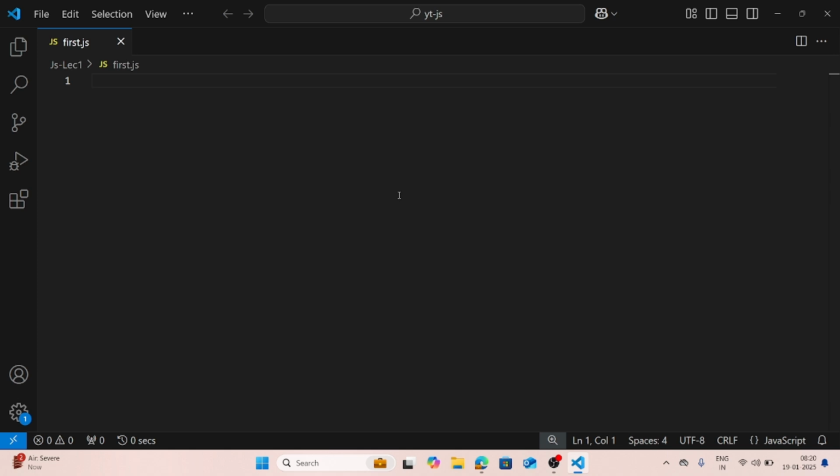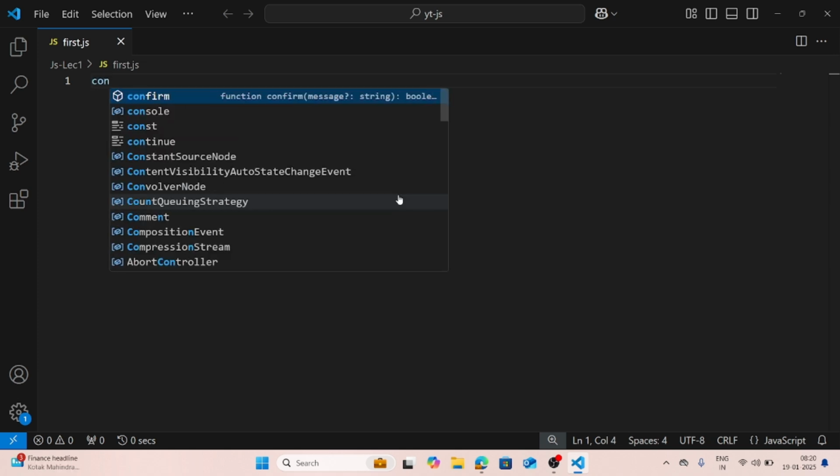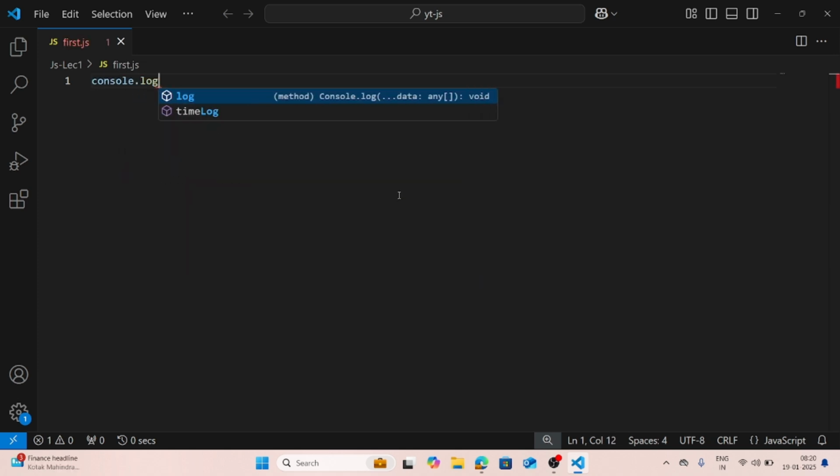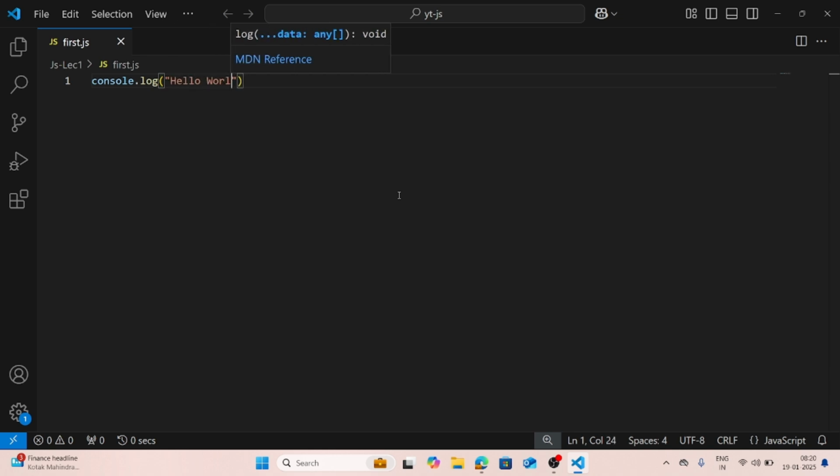Now what we can do is console.log. Now what is console.log? Console.log just prints out what we write inside it, in double quotes or single quotes. There is one more thing, string literal, but we will talk about it later because that is very important. But in double quotes or single quotes is the thing right now. So if here we write hello world,